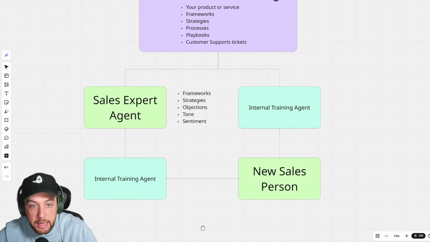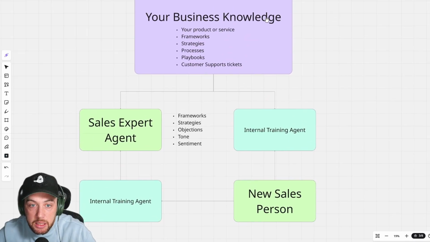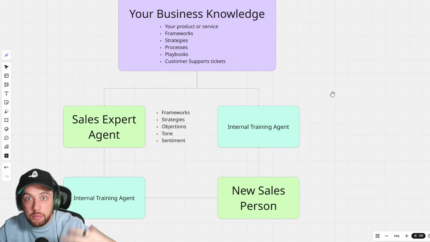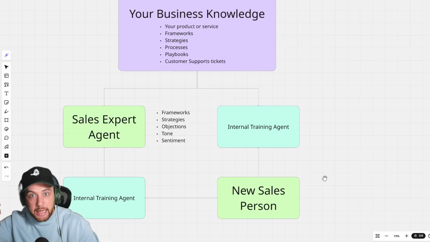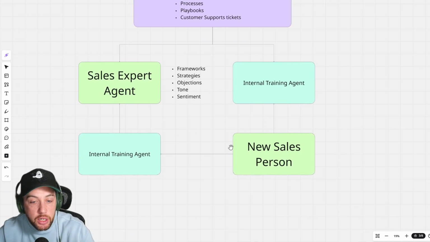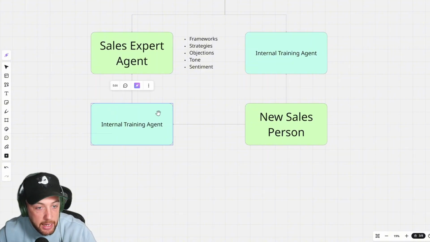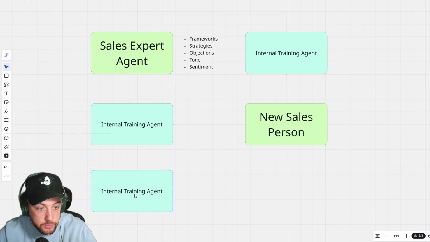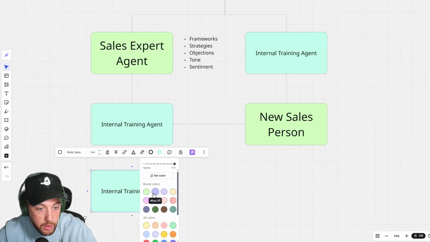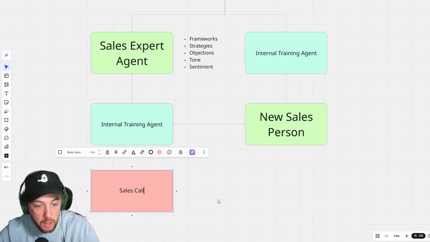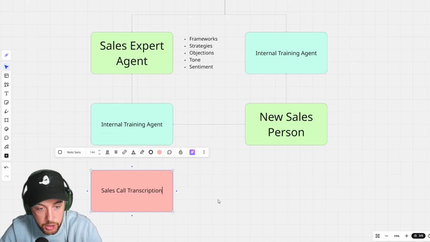The really cool thing is this both trains can help you expand across multiple seats. If I change this person to HR, I change this person to marketing or content or whatever it may be, the framework around these and the functionality of these becomes to repeat itself. And this is, again, where you start really getting that production line. To continue to go down, this salesperson is now going to have sales calls. So if we add in a transcription, we're going to make this one sales call transcription,